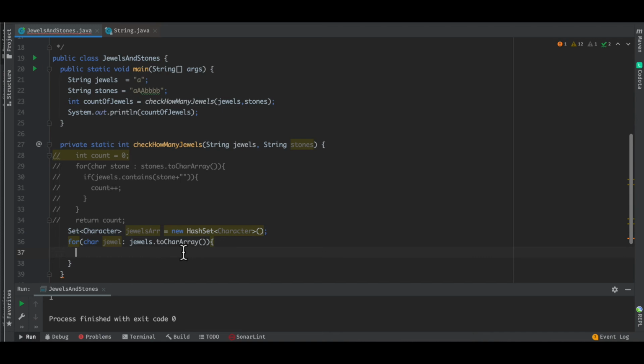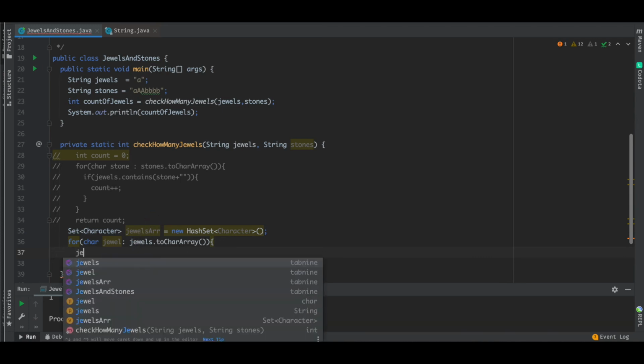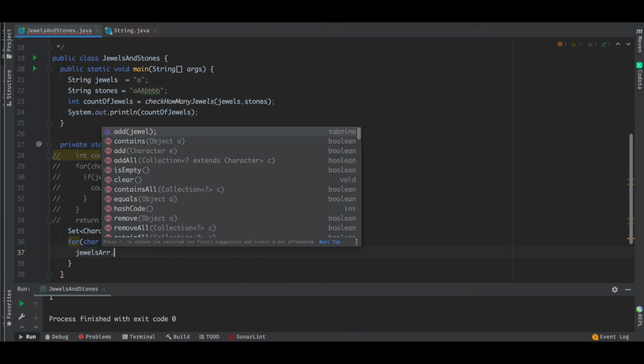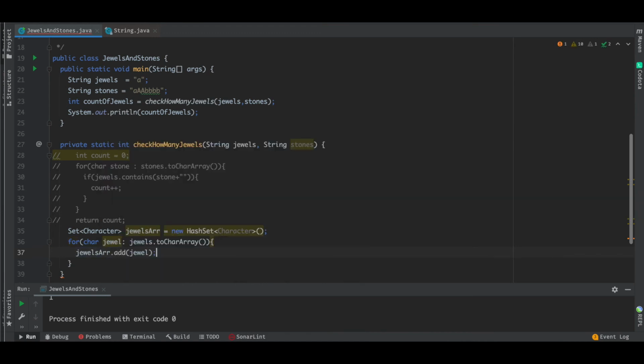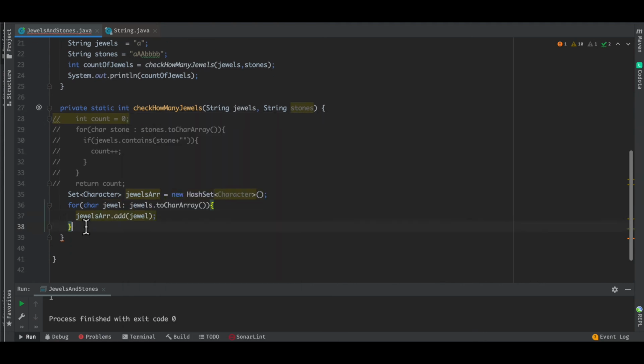We are going to just push each jewel into the set, so we're going to say jewels array dot add jewel. So now that we have our hash set ready with the jewels,